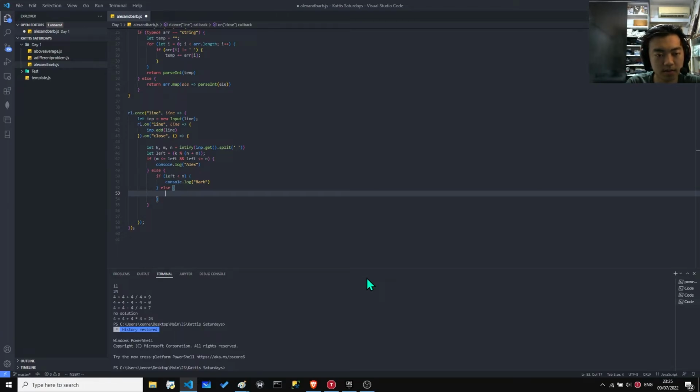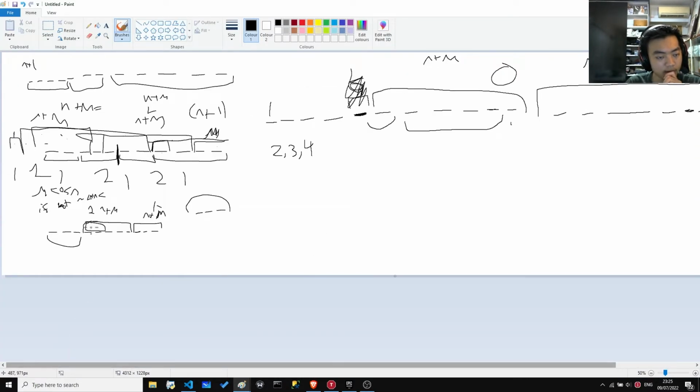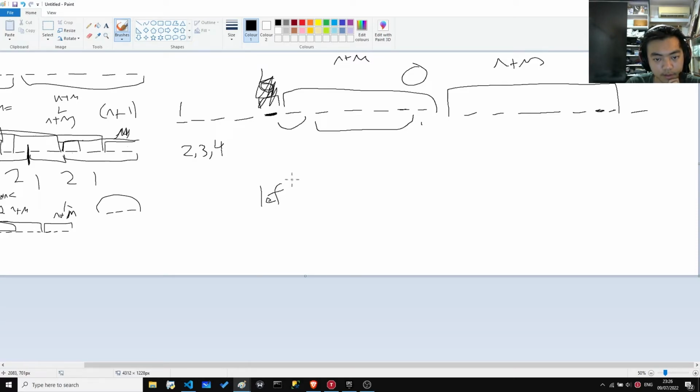Then the other one is if the number left is greater than n. So if it's greater than n, it means whatever's left, right? If it's greater than n, if I subtract n and it's less than m,